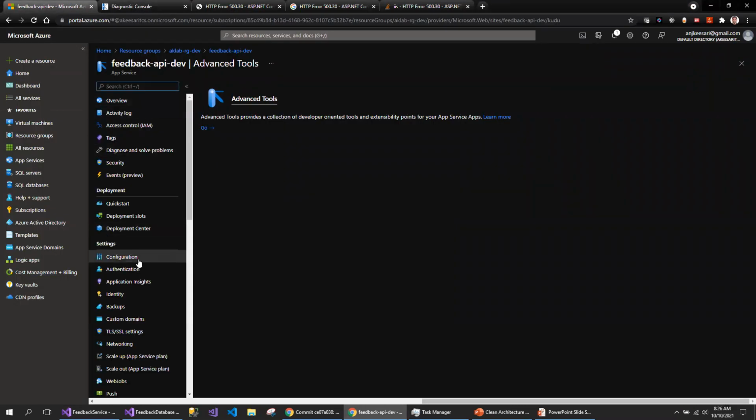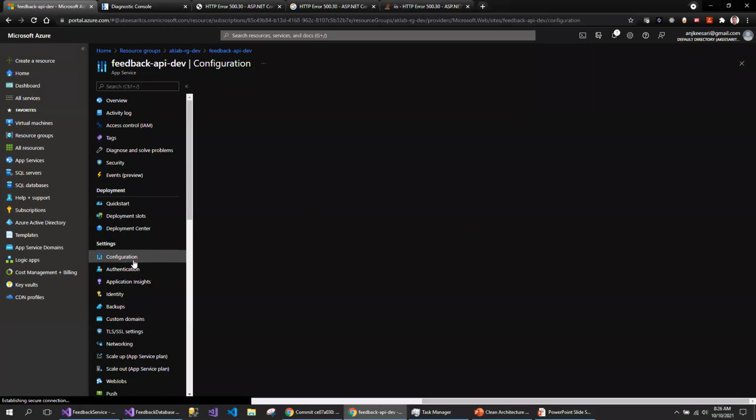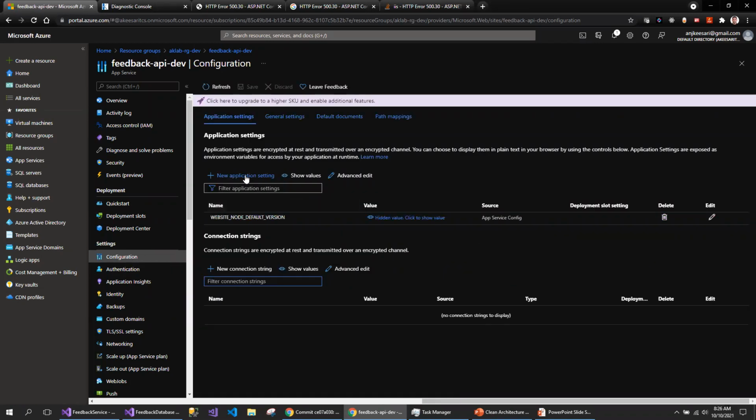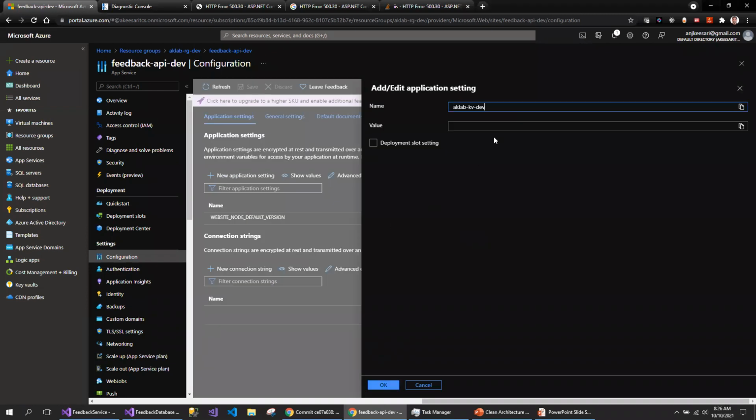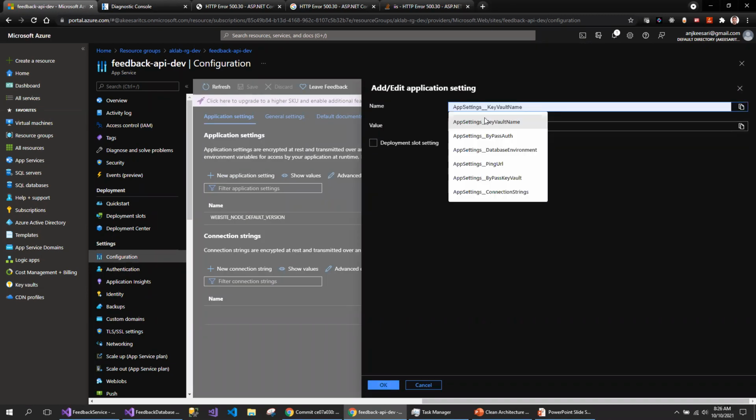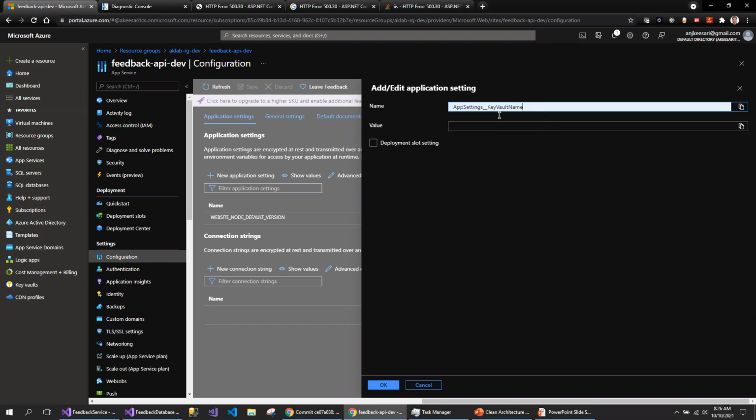So I'm going to add the configuration. Click on the configuration and add your app settings here. Sorry, this is going to be my app settings dot Key Vault name. You see the naming convention here. For the keys, always use underscore underscore. There are two underscores for this hierarchy.